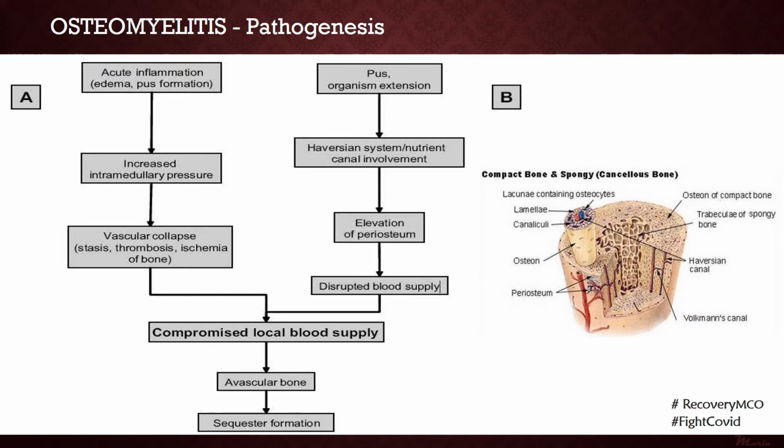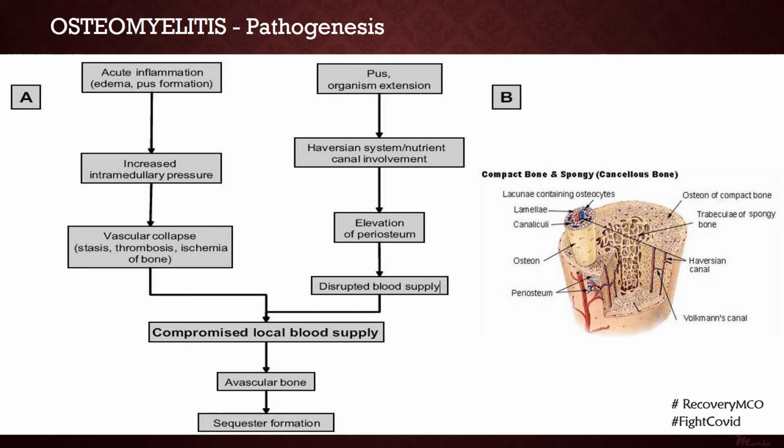Alternatively, the pus, which is formed within the medullary portion of the bone, along with the microorganisms, may travel through the Haversian system and progress peripherally towards the outer surface. Once this pus extends into the outer surface, it is collected below the periosteum, which is an unyielding piece of